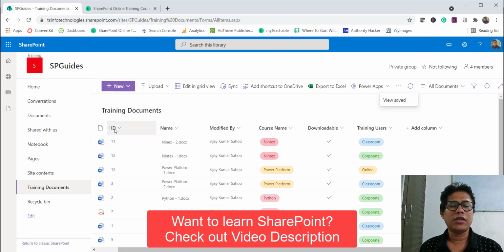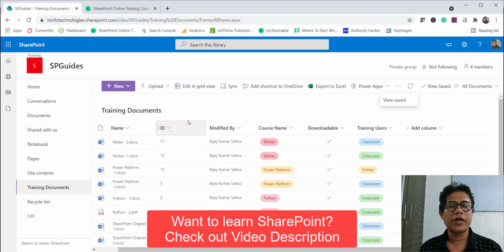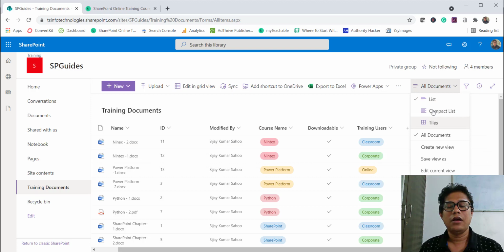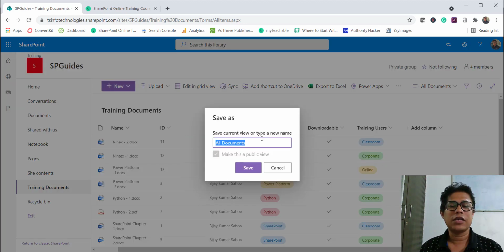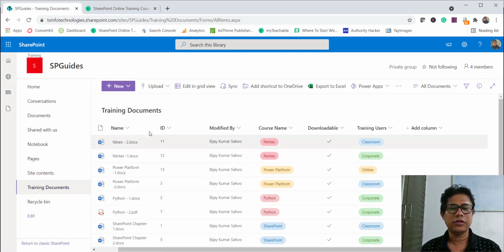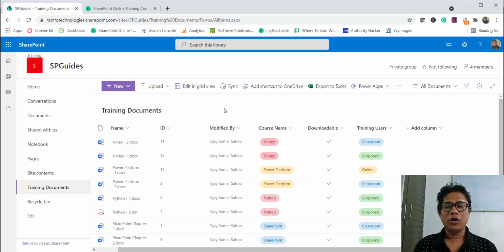The other way you can do it is to simply drag and drop. When I drag and drop, you can see it is coming now. Make sure that anytime you see a star icon, it is showing that the view is not saved. You can just click on save as view, and with the same name, you can save it. So next time when you come here, you will see the changes. You can see these changes are there. So this is how we can show and hide columns, and this is how we can change the order as well.